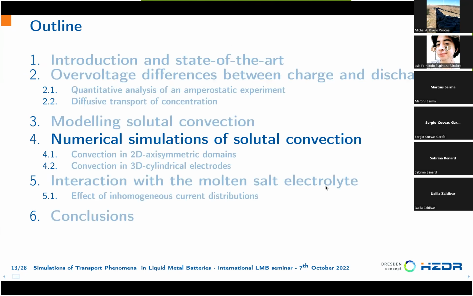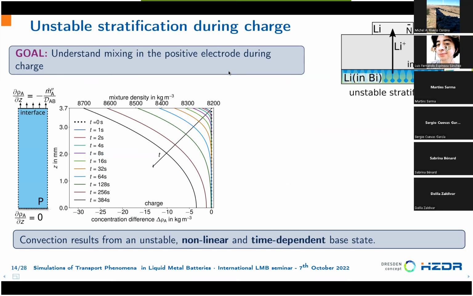So now I move to the part on numerical simulation of solutal convection, and we will start with 2D axisymmetric domains. First, it's important to discuss a bit how solutal convection works. So we are removing the light component from the top of the positive electrode, and this generates these